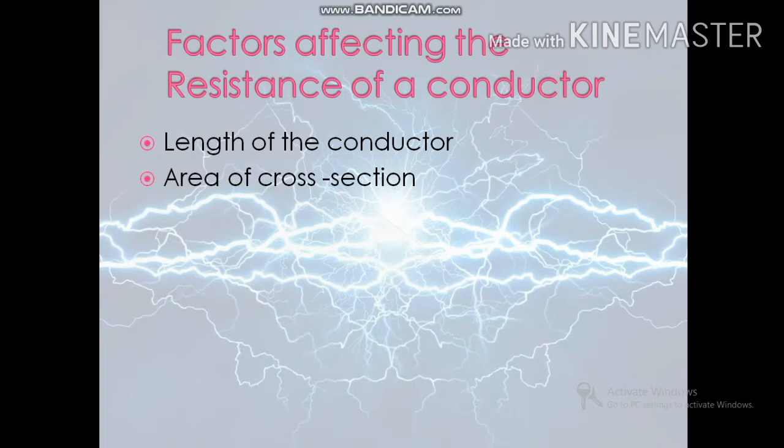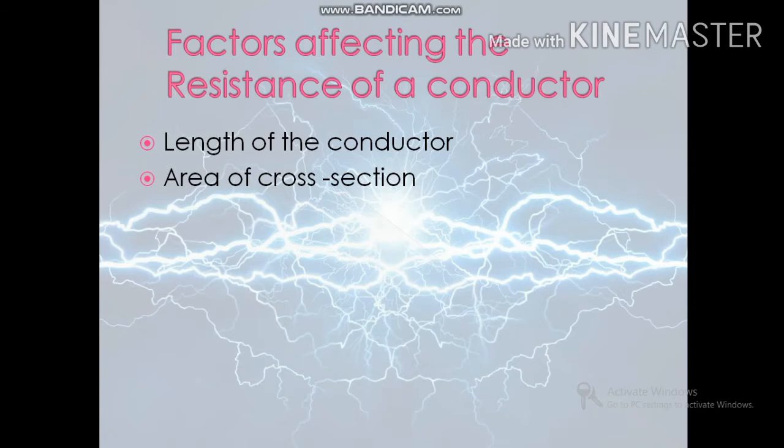So why? Because a thick wire has a large area of cross section, and that's why it has less resistance, and a thin wire has less area of cross section, and that's why it has more resistance. Also, a short length of a thick wire is used for getting low resistance, and a long length of a thin wire is used for getting high resistance, and that's why resistor